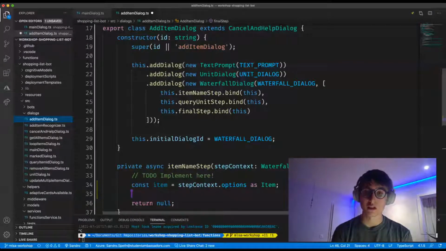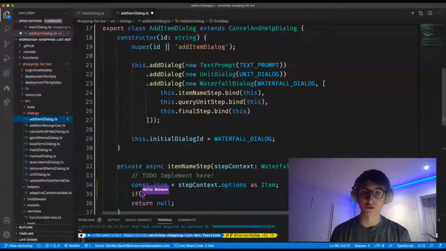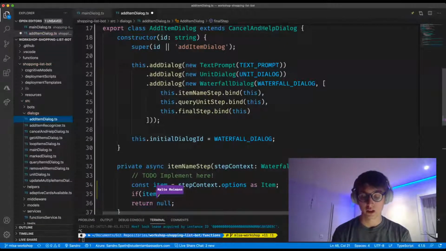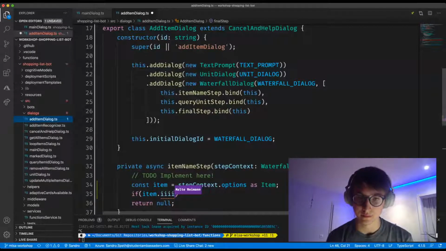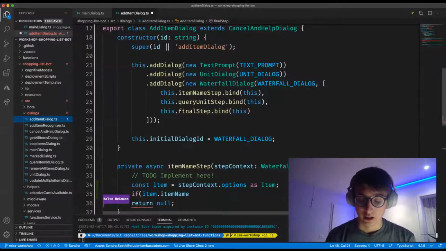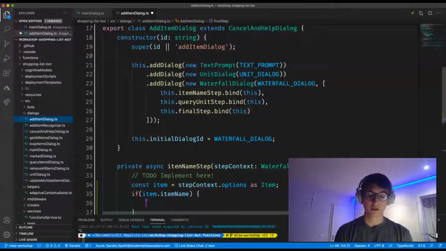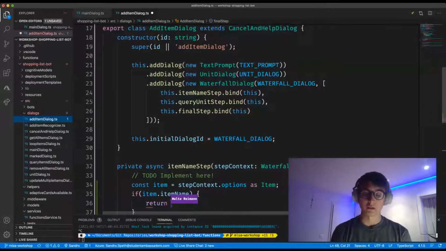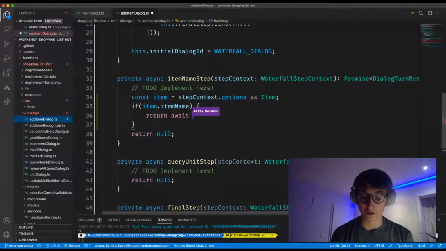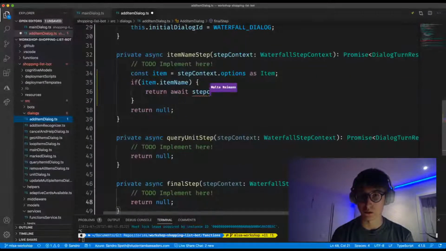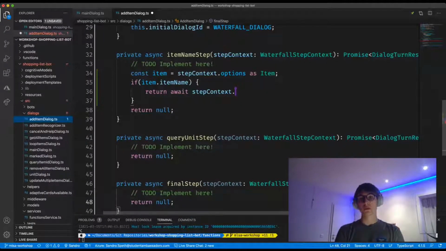So we can simply check in this step. We want to know the name for the item. So if it already exists, that's much easier. If we've already received an item as input with a name, this step is done. We don't need to query for the item's name anymore because we already have it through LUIS, which we will see later. And then what we do is we